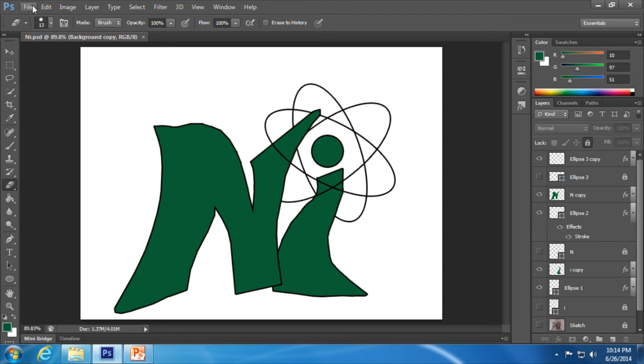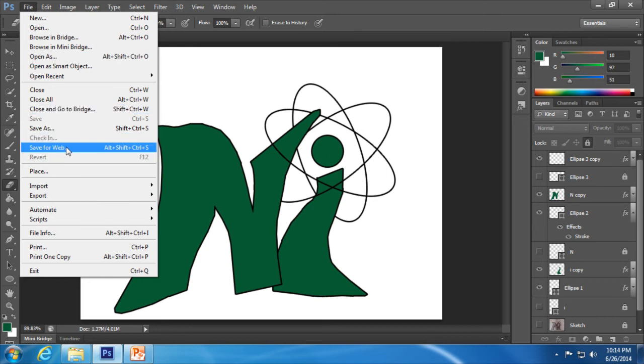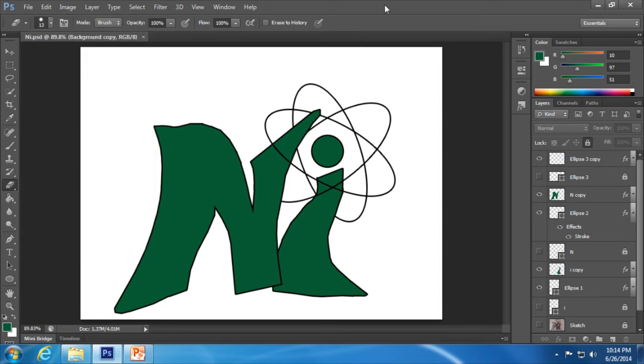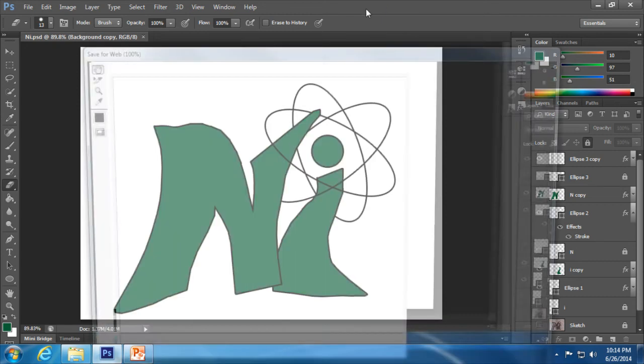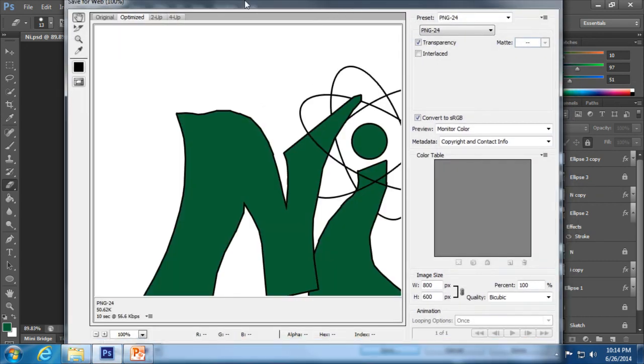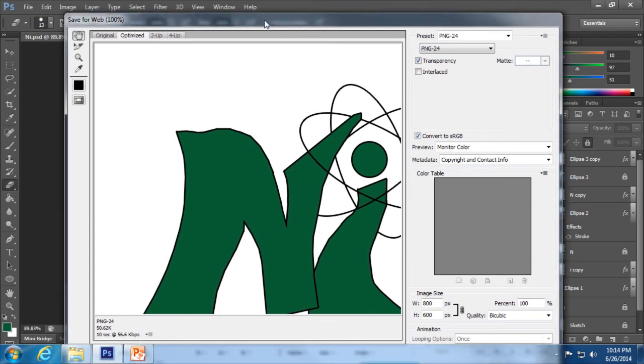What we're going to do is actually use the shortcut keys, because I feel like it's very handy. Or you can go to File and go to Save for Web, where the shortcut key is Alt-Shift-Control-S. So you can click here, or you can just hit Control-Alt-Shift and S, and you can see it brings up a Save for Web